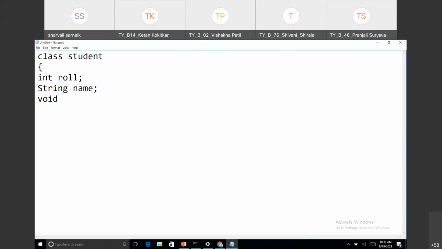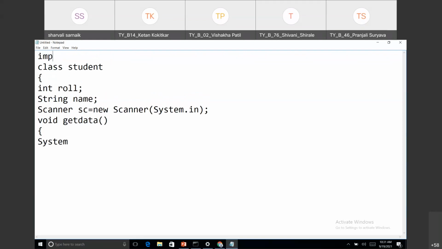Now I'm taking one function called void getData, and inside that getData I just want to take or display the answer of that. So first let me create a scanner object. So I have created a scanner object, and as we are using the Scanner class, I'm importing java.util.*.